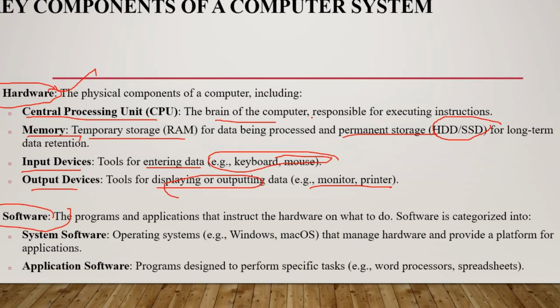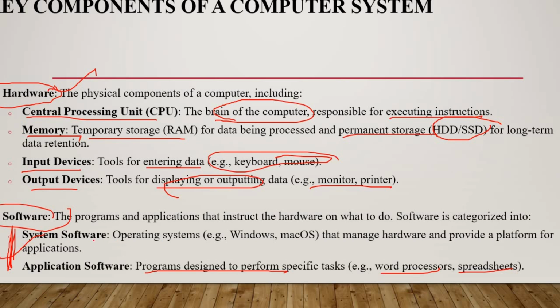So the CPU, of course, as I have said, is responsible for executing instructions, and it is also the analogy of a brain of a human being, which is the brain of the computer. The second component is the software, which is classified into two: system software and application software. The application software is designed for specific tasks, such as Microsoft Office, word processors, spreadsheets, MS Excel,